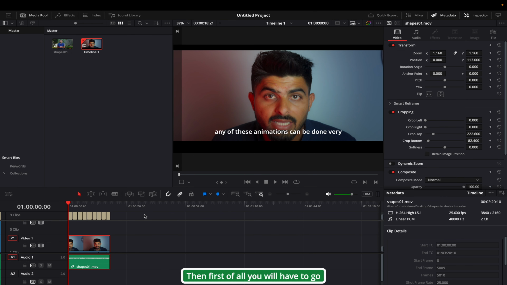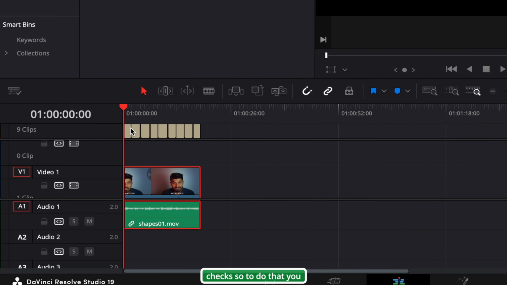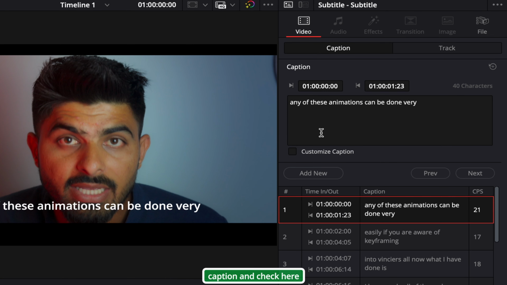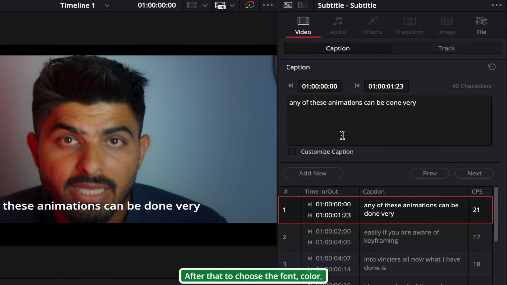First of all, you will have to go through all the spelling checks. To do that you can click on this and come here on Caption and check if there is anything wrong with spellings. After that, to choose the font, color, style, make it go up and down, smaller or bigger, putting a background or anything,